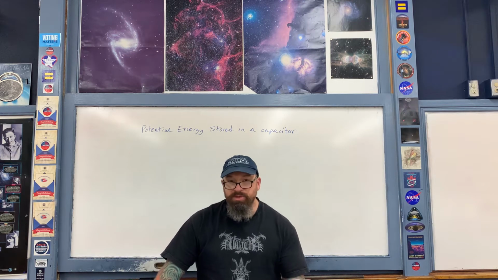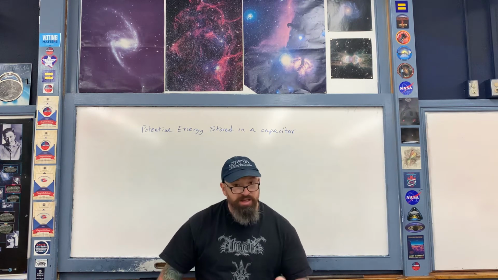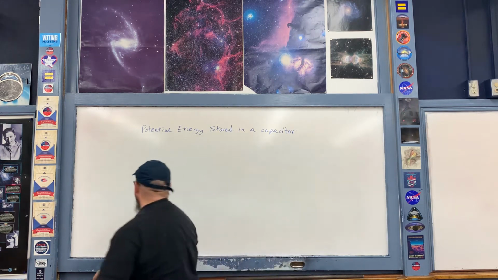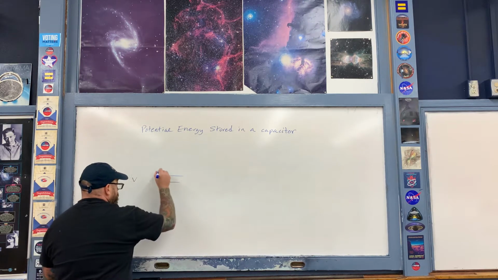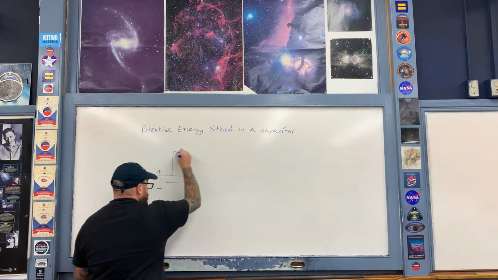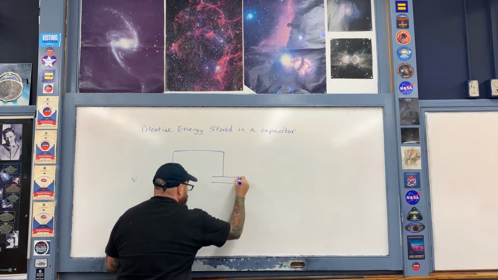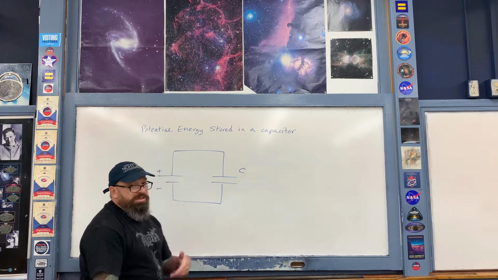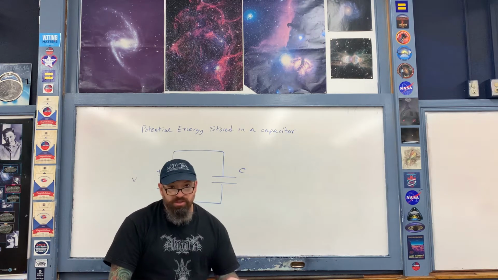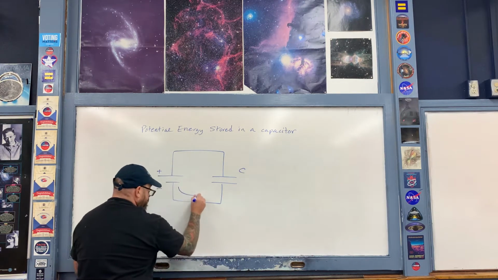So let's describe it with the simplest possible circuit diagram, something that just looks like this. Okay, so we've got a battery here that has a voltage V. Here's high potential, here's low potential. Okay, and then right here is a capacitor with capacitance C, like so. And then recall essentially what happens as the battery does work. Basically, electrons are pushed in this direction,